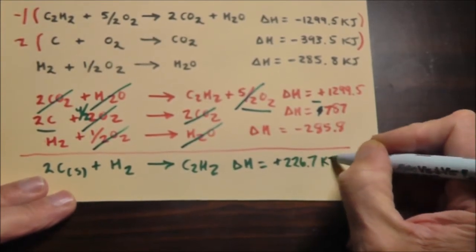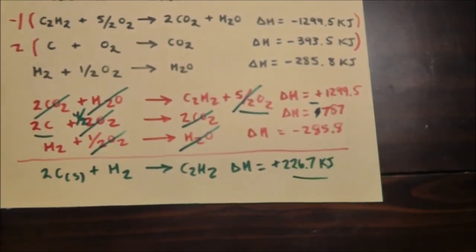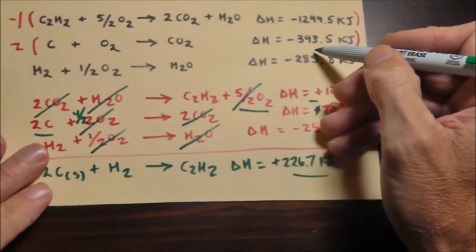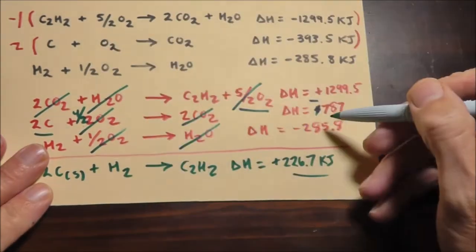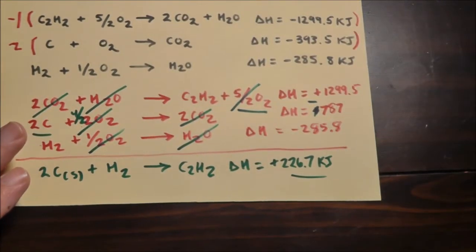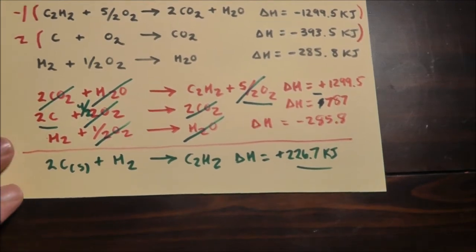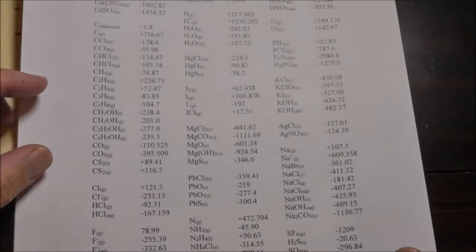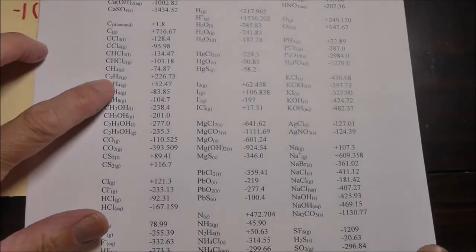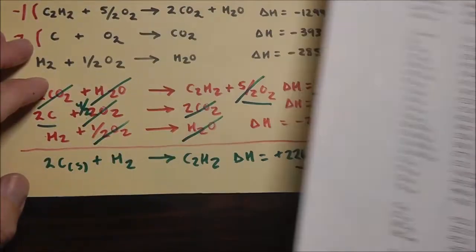How did I catch myself? Well, first of all, I just double checked my signs, and I noticed that when I didn't keep the sign negative here, I was just in a hurry and I wrote it down. But I happen to remember that acetylene, that's a delta H of formation right there, folks. And I happen to know that the delta H of formation of acetylene is pretty positive, because it's not a very